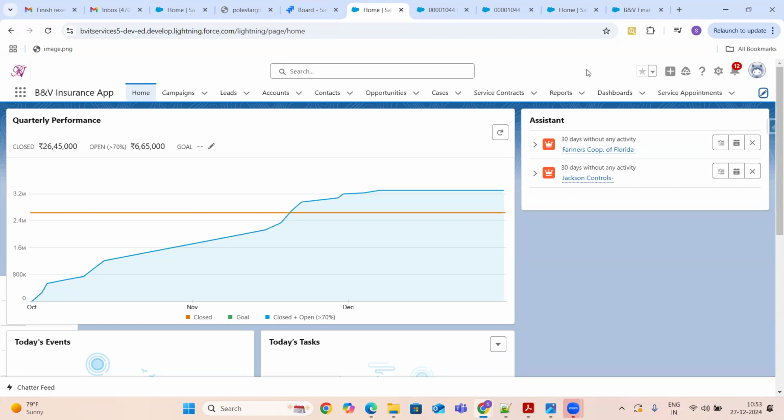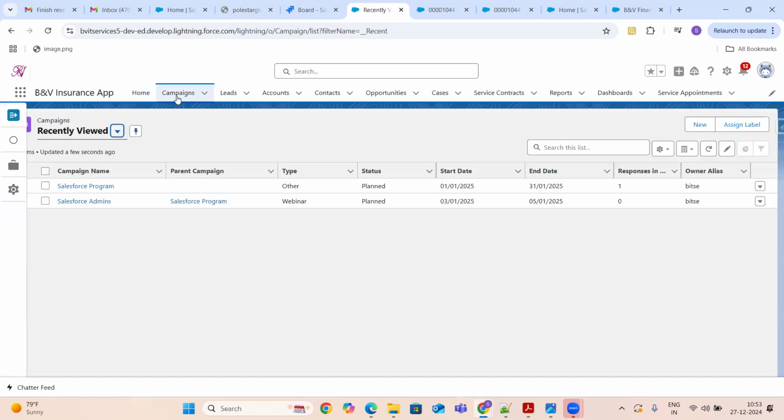What is an application and how to create an application? Can you explain the different steps that you follow when creating the application? Okay. So now I'm good. I have created the application. But obviously, guys, just think, this is the insurance app. Accounts, contacts, opportunities, cases, service contracts, reports, and dashboards. Do we use only these terminologies in insurance?